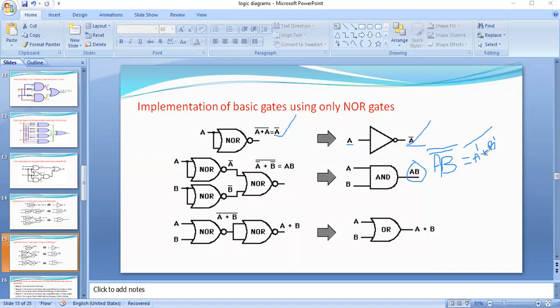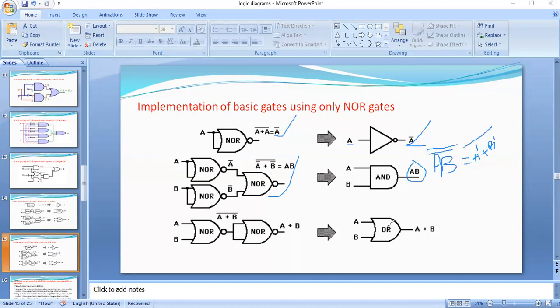See here, we have an OR function and we have a complement also. So we can implement this function using NOR gates. I can implement A bar using a NOR gate, and we can implement B bar using a NOR gate. After that, these two terms have an OR operation and complement, meaning we can use a NOR gate. So both the outputs are equal. And next, the OR gate using NOR gates.